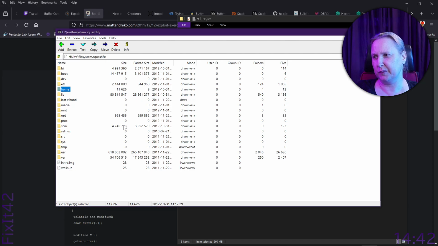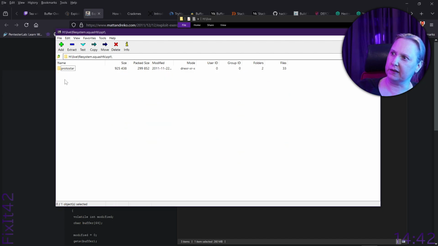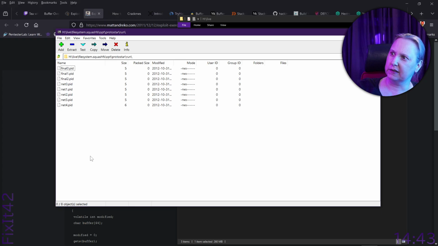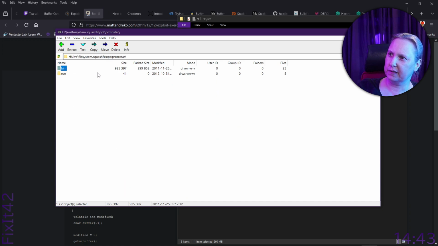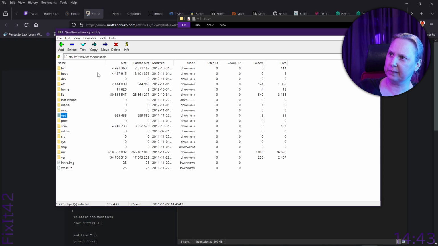Oh, to look at this in Windows, right? Yeah, so this is the aft Protostar. And this is obviously tiny, right? So, are there any C files?